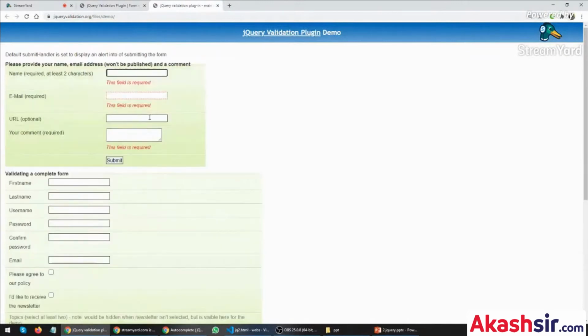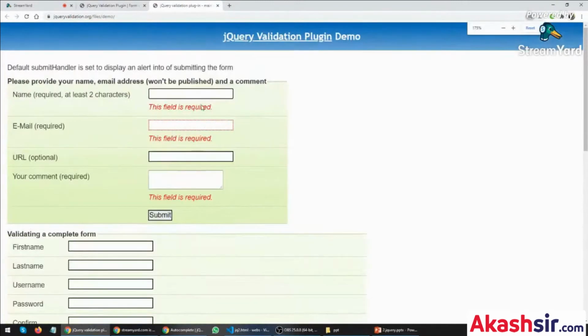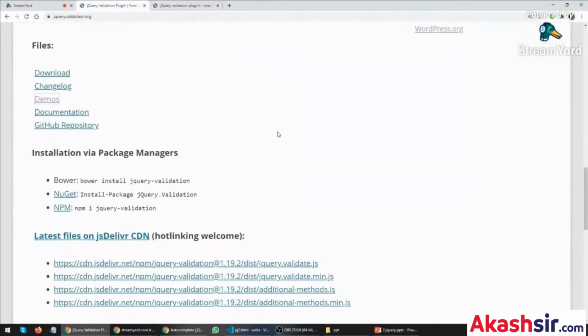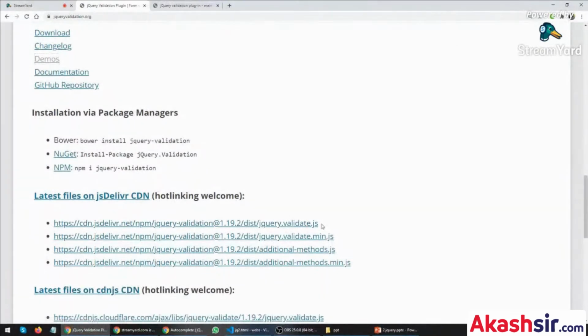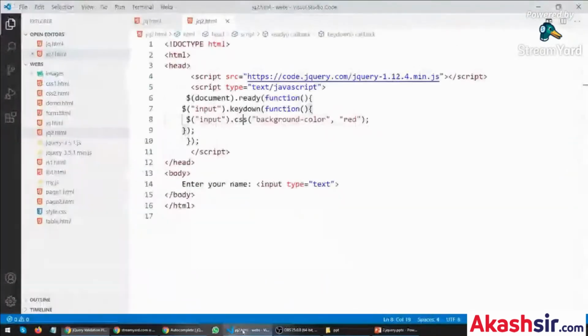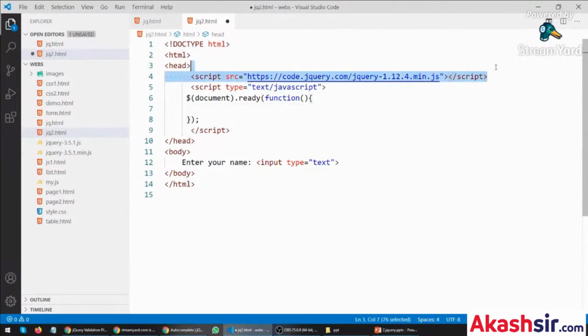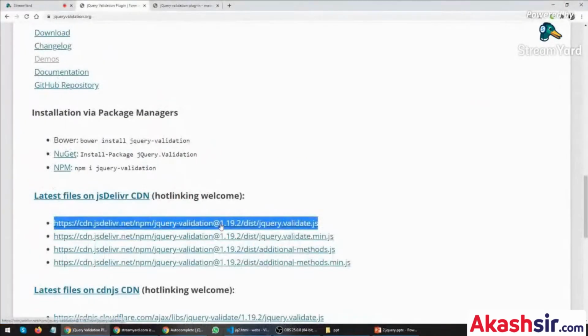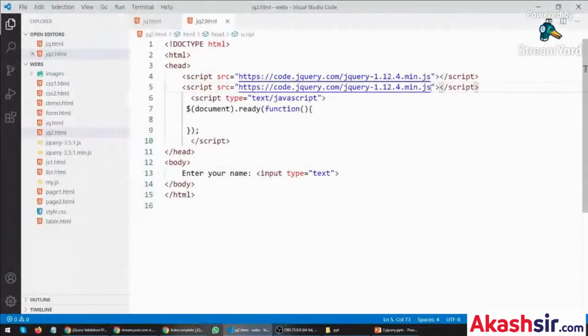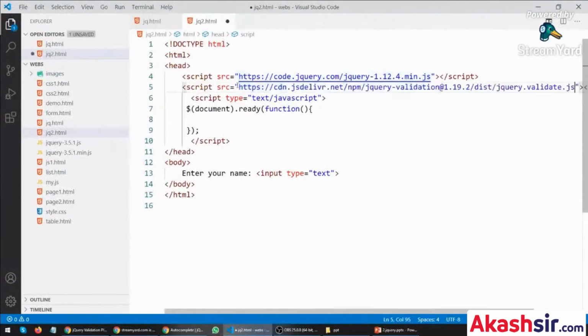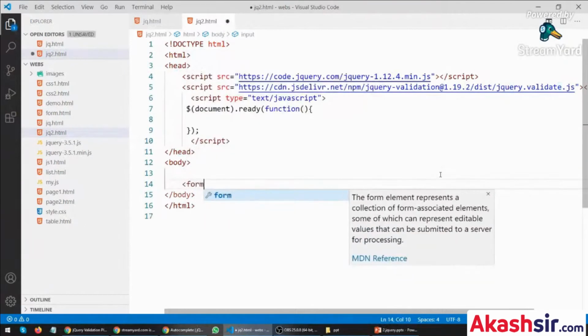So you can see this is a simple example of validation, right? So for an example, I want to implement the same validation in my website. So what we can do, we can simply download one validate file, or we can simply copy this. Just remove this. Okay, copy paste. We have to call this copy. It's done. Okay. So next is we have to define one text box with the form tag,